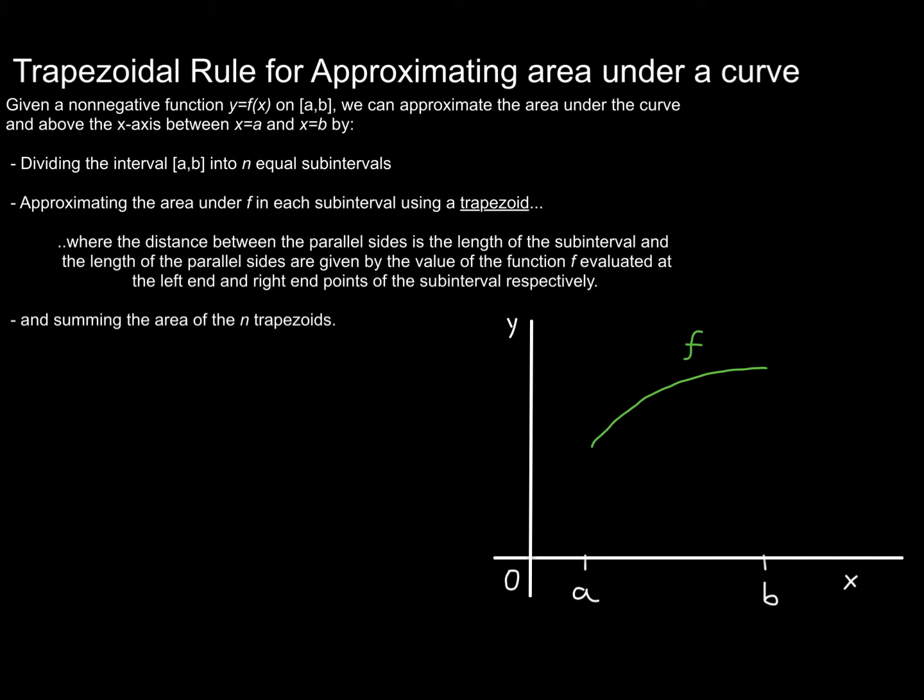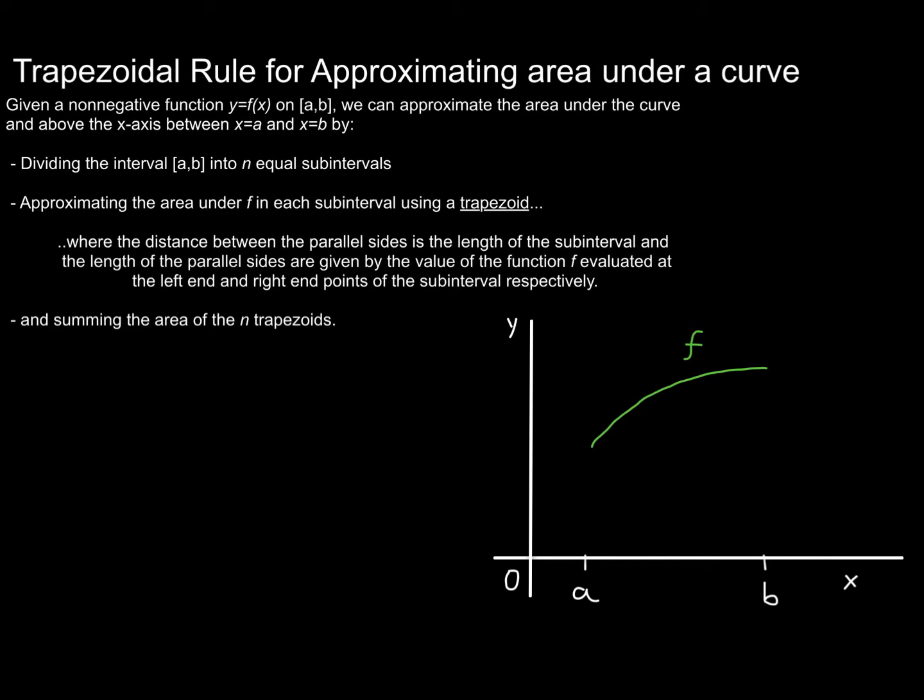What we're going to do is split up our interval from a to b into n equal subintervals, and then on each of those subintervals we're going to approximate the area under f using a trapezoid, where the distance between the parallel sides is the length of the subinterval, and the length of the parallel sides are given by the value of the function f evaluated at the left and right endpoints of the subinterval, respectively. So let's quickly draw that out so that we make sure we know what we're talking about